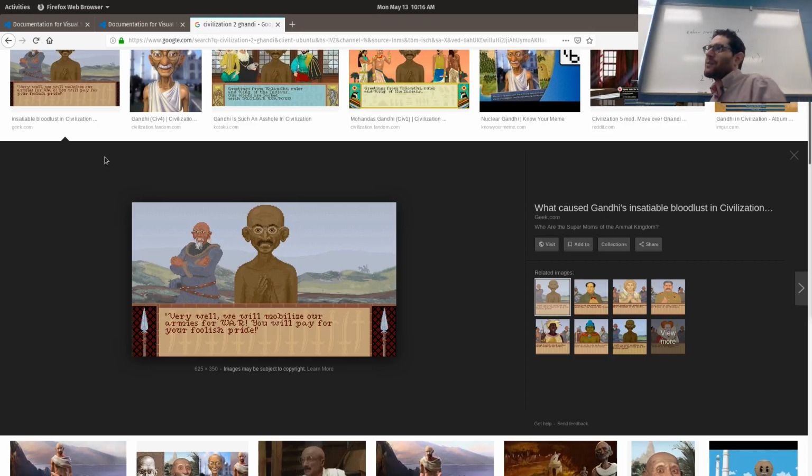But once you get into the modern era, what would happen is that basically Gandhi would adopt democracy as his form of government. And any AI that adopts democracy as their form of government, their aggression rating goes down by 1. Okay? Gandhi has an aggression rating of 0.